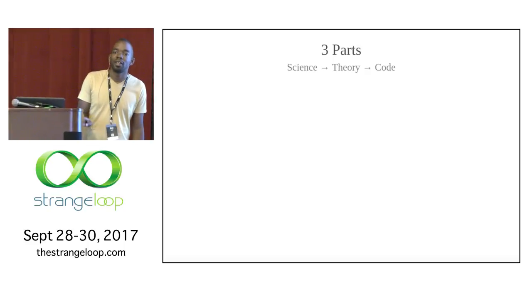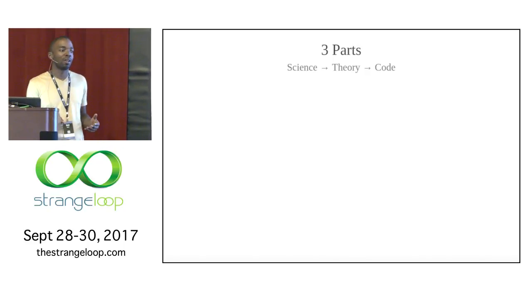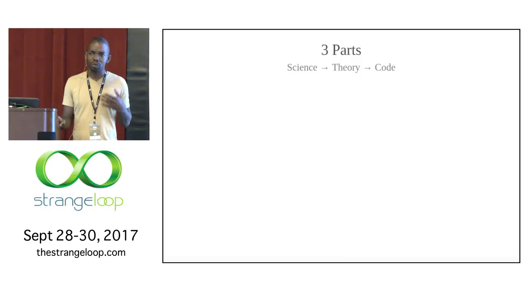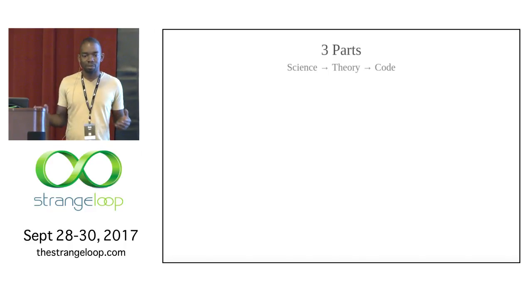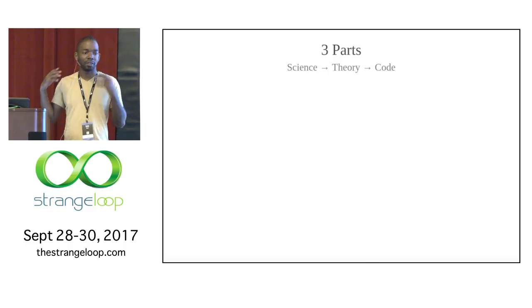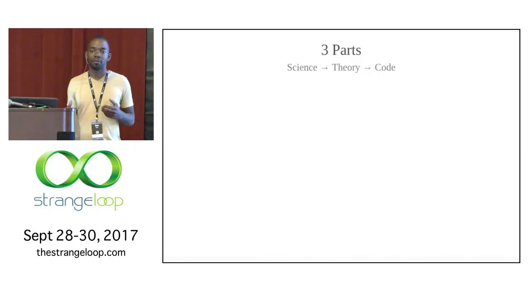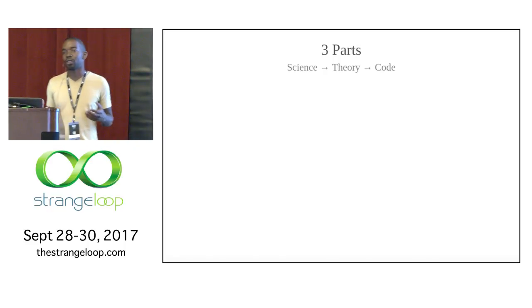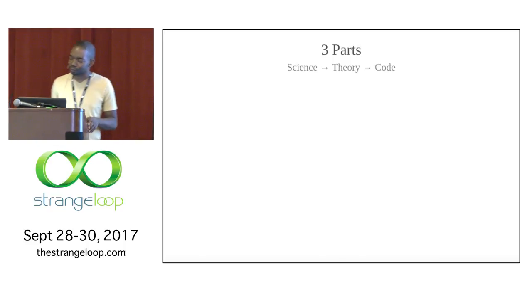In the first part, I'm going to give you some science, some psychology experiments that people have done over the last 30, 40 years. And it's really about this idea of mental simulation. And as the name suggests, it's about how you simulate things in your mind. And then I'm going to give some theory about an approach that we're developing, which we call parametric inversion, which is about running programs in reverse. And then I'm going to show you some code and the framework that we're working on in the Julia programming language.